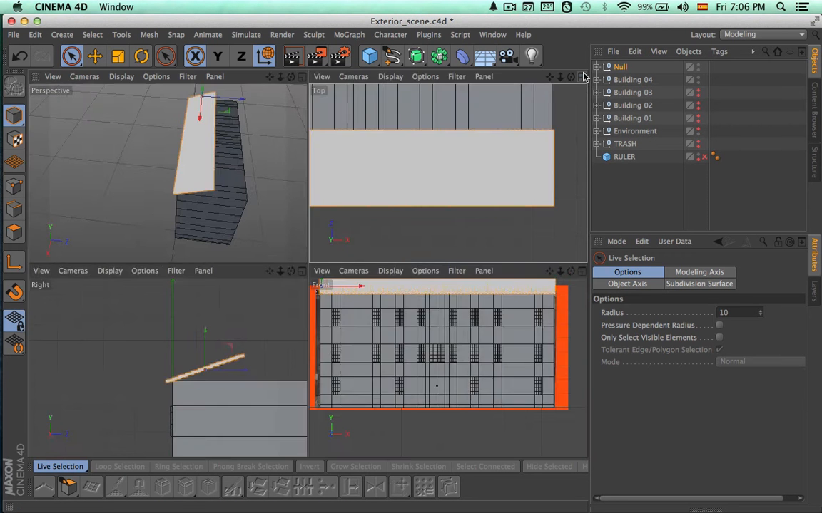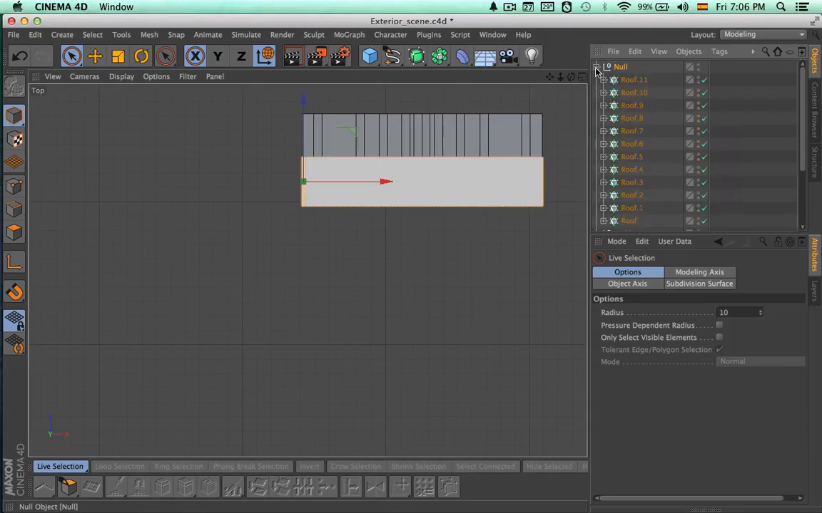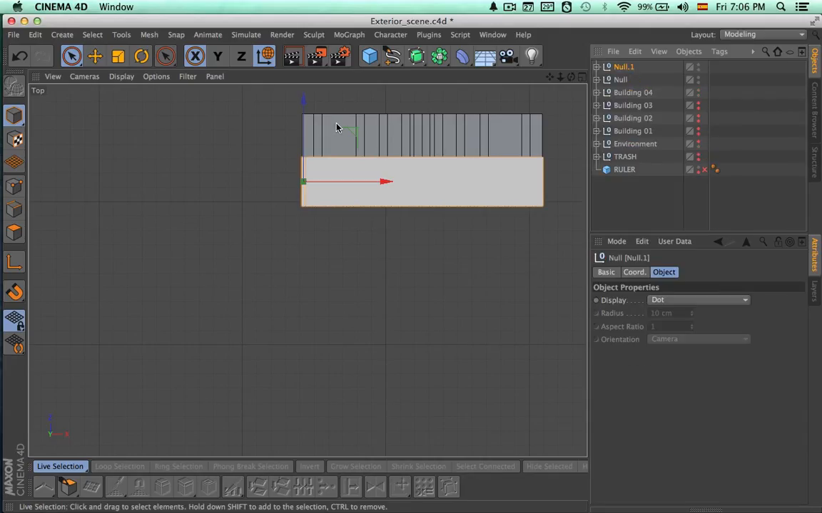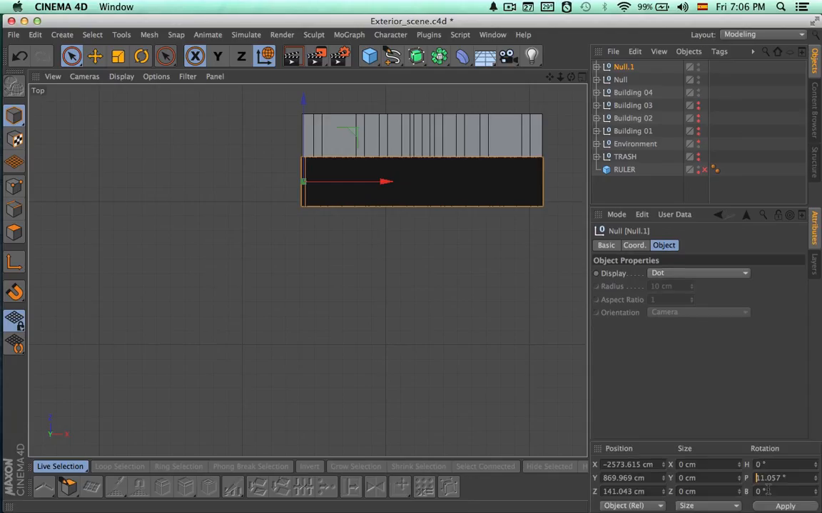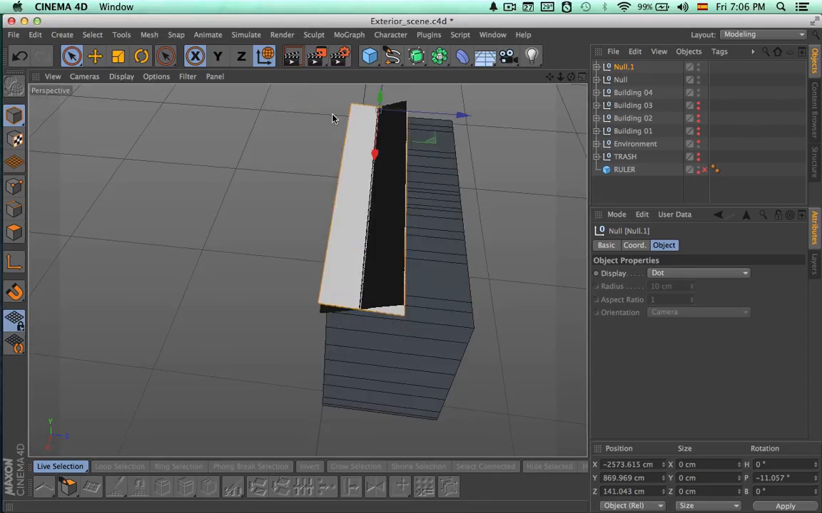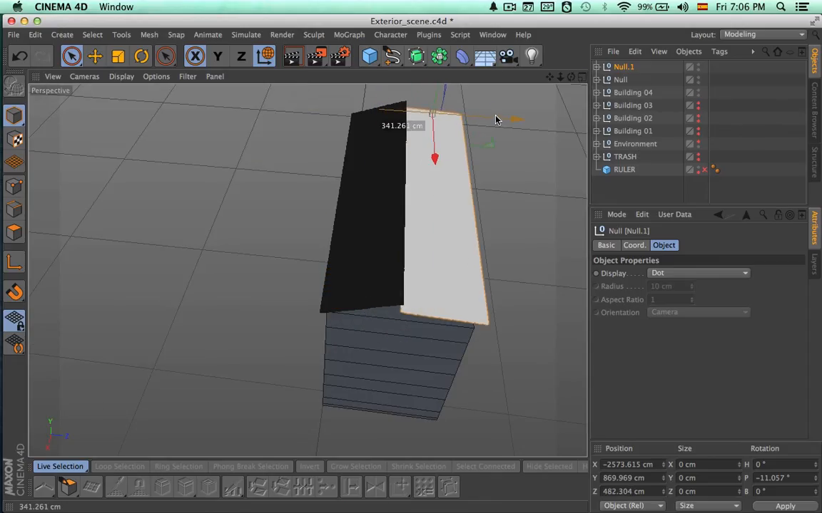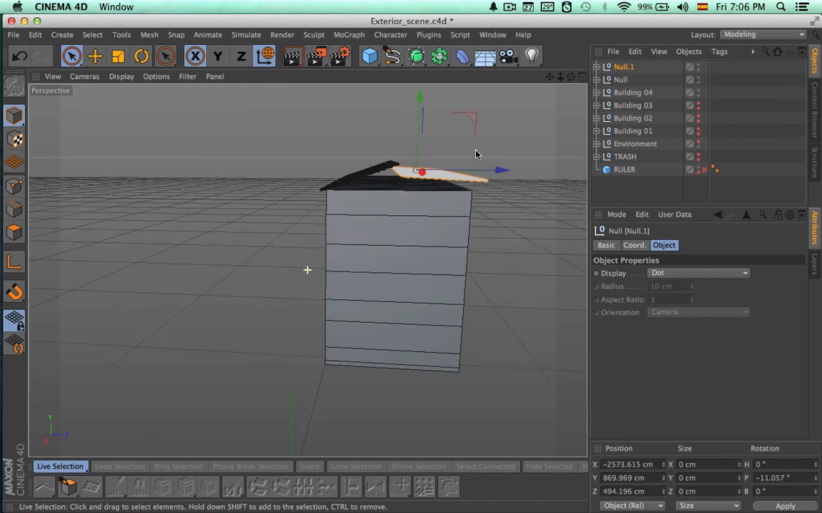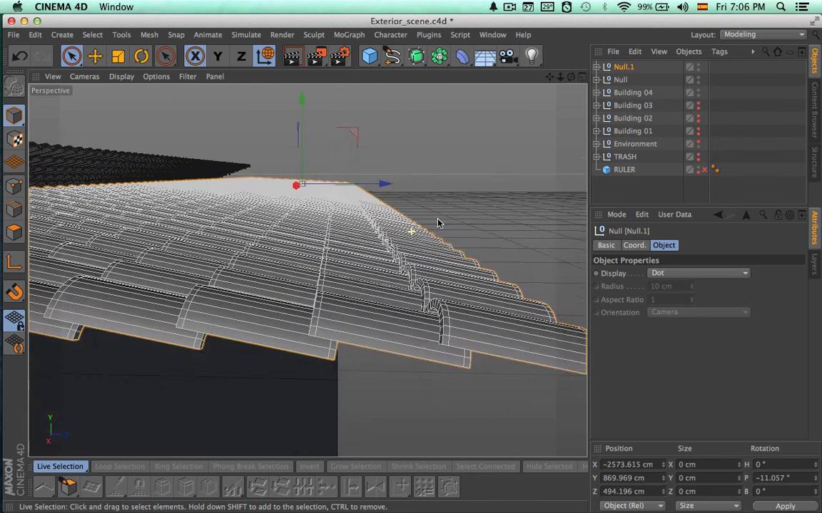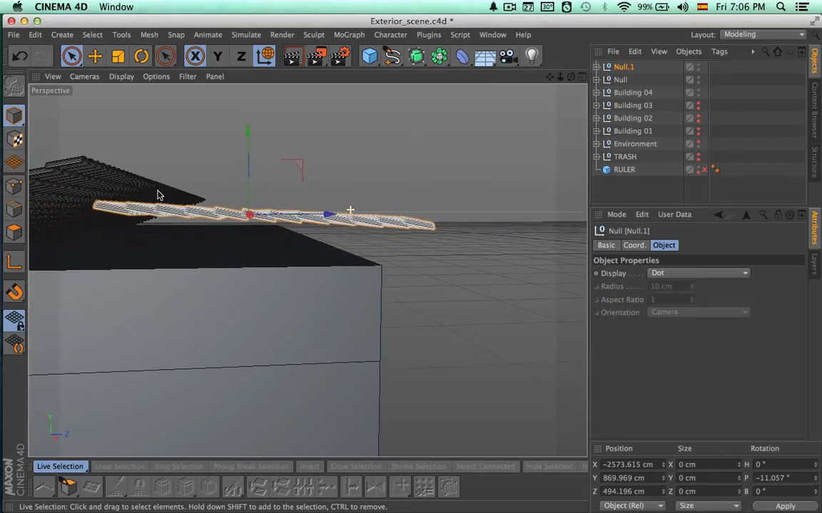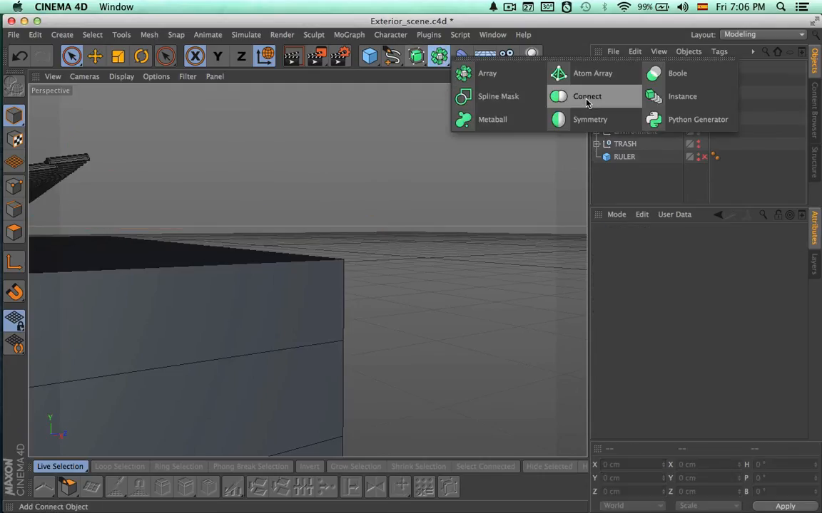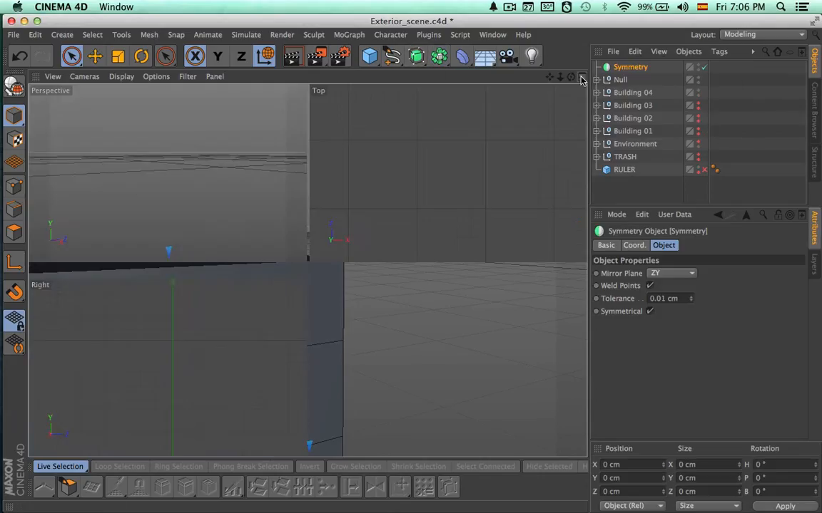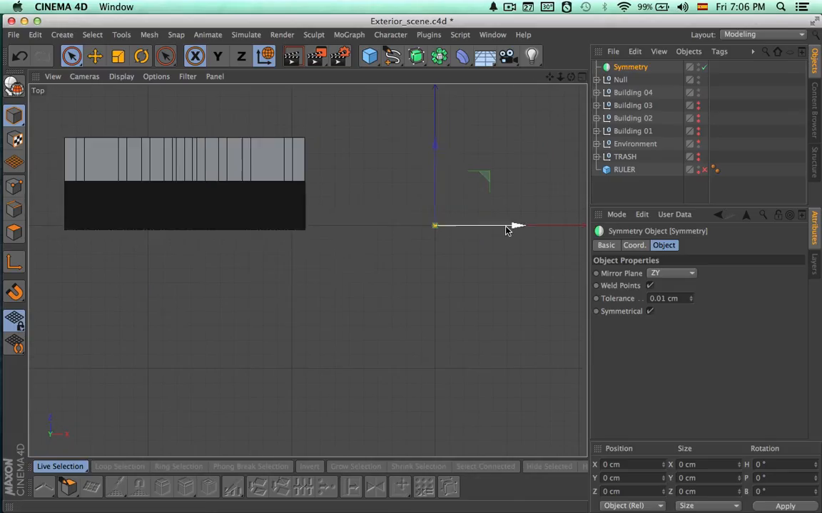Now we can come to the top view, and here we're going to duplicate this group, and we're going to come to the coordinates, and I'm going to try to just reverse this, but it's not working. So I think I'm just going to use a symmetry object, so we can delete this one. And I'm going to create a symmetry object, and I just have to move it here in the middle,